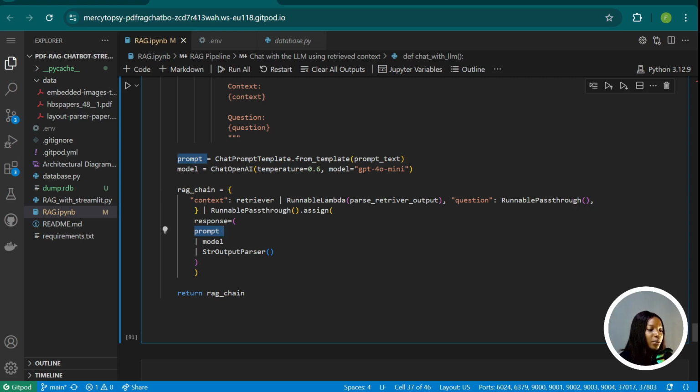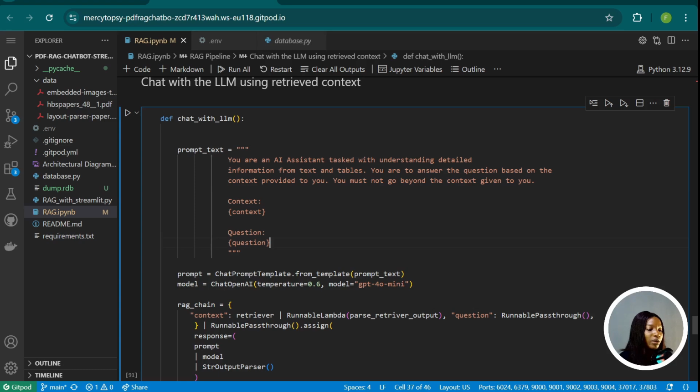And the reason why we actually created this runnable pass-through.assign is that we want to create a new key, which is a response. So we're going to create a new key for response, and we're going to have context in our result as well. So we're going to see context, question, and the response. So the results coming from the context and question is going to be passed to the prompt, and from the prompt to the model, and from the model to the string output parser. So we're going to run this function,